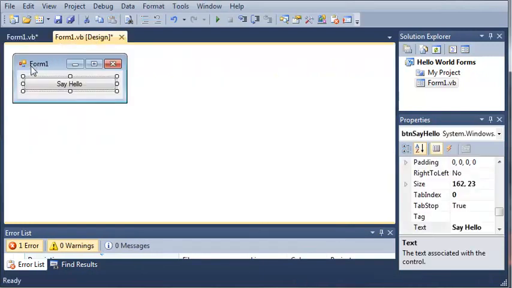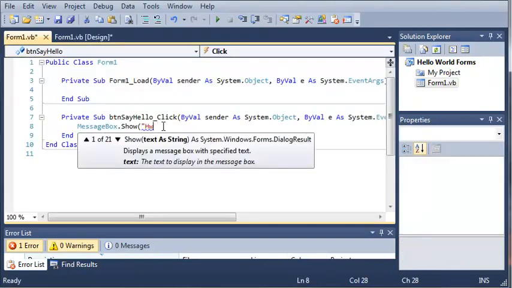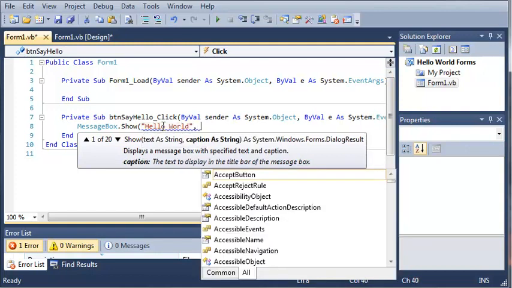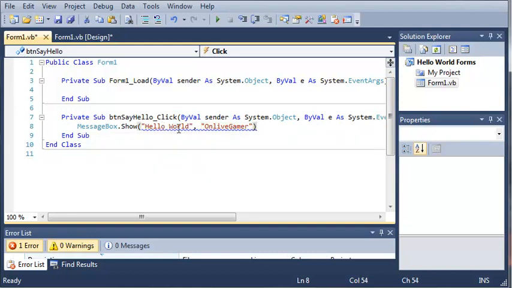Like here's our form 1. If the message box looked like this, the caption would be right there that says form 1. So we'll do messagebox.show hello world, and then we'll change the title to, let's just do OnLive Gamer. Okay, so now if we run this,